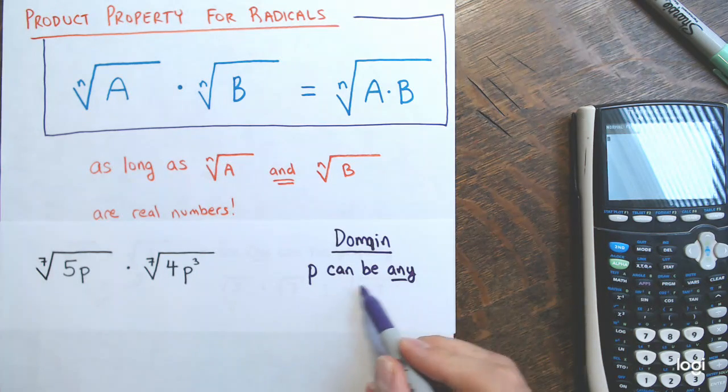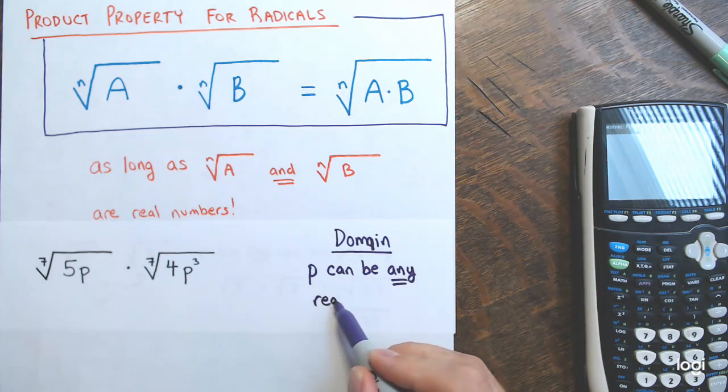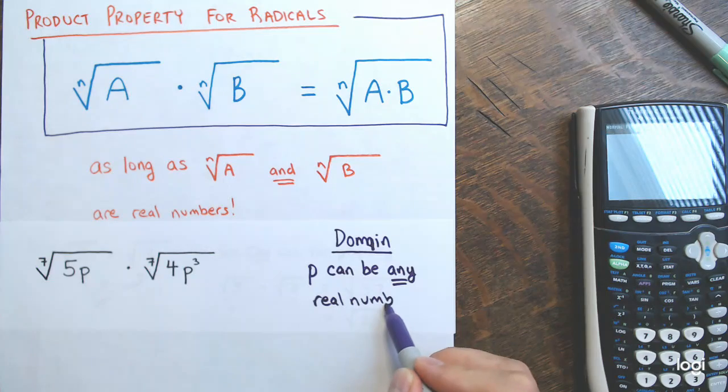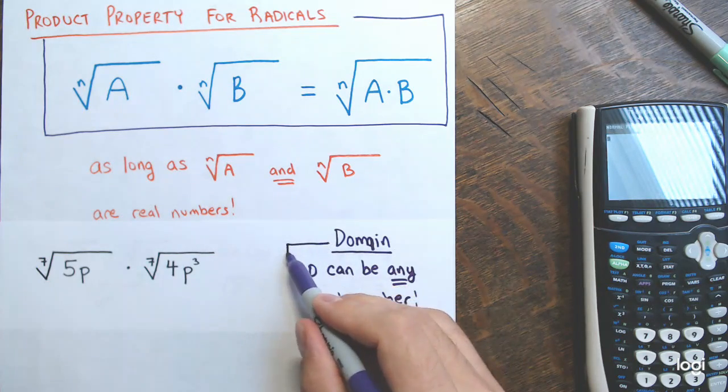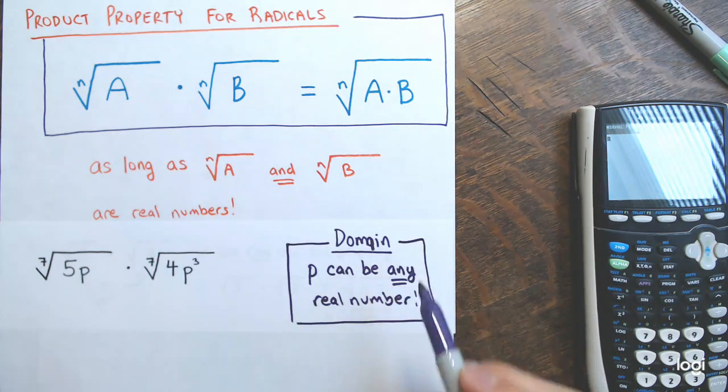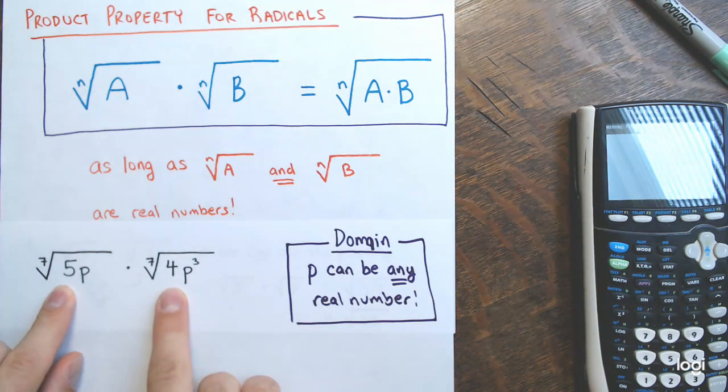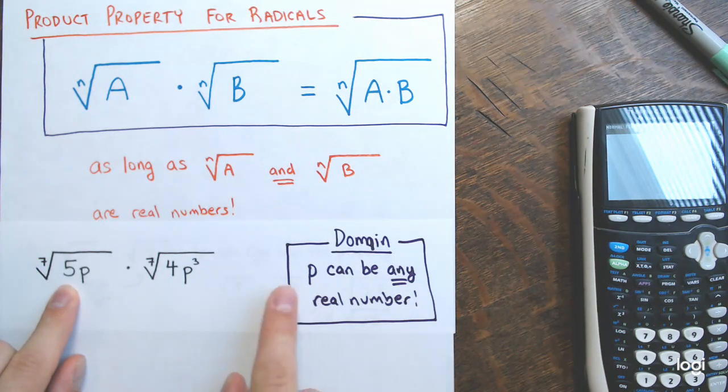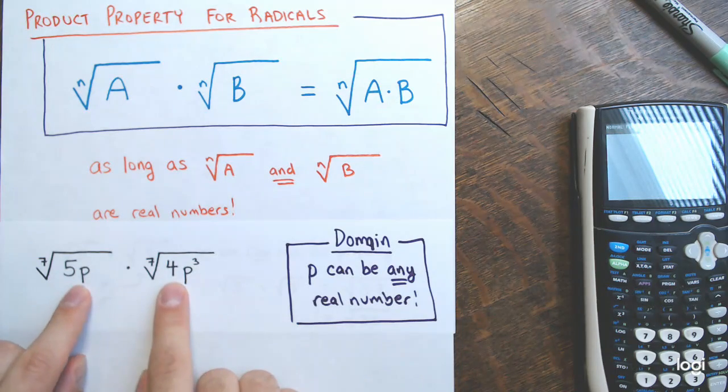So p can be any real number. Wonderful. Okay. So these are going to be real no matter what. All right. So for any value of p, both of these radicals will be real numbers,